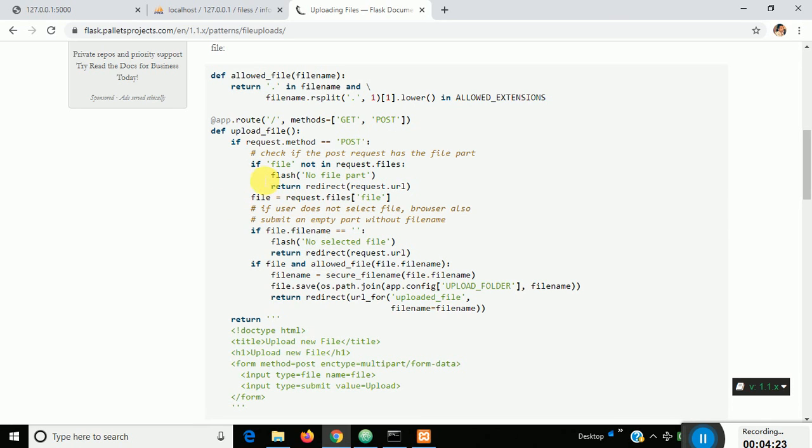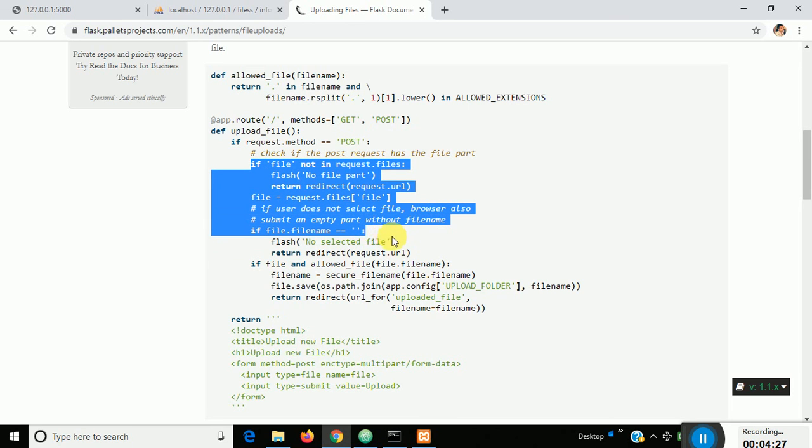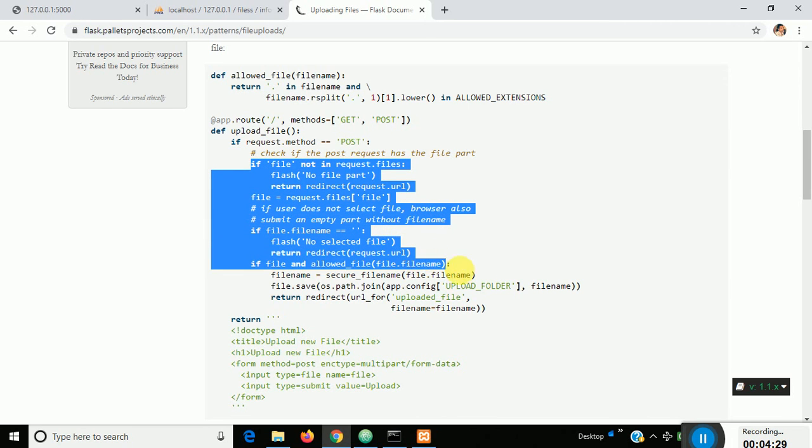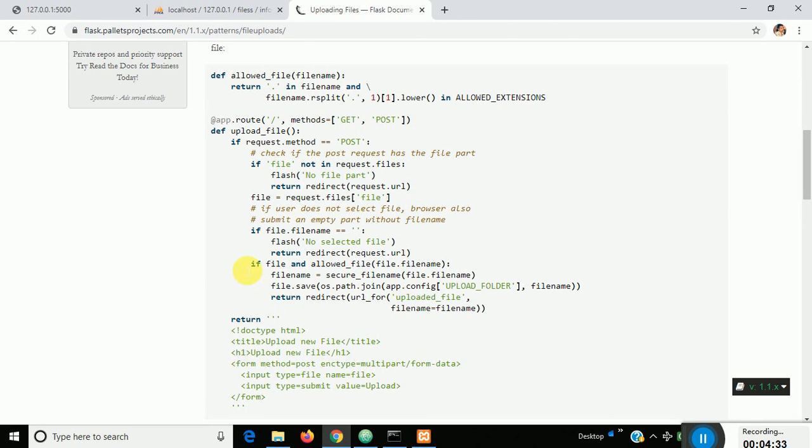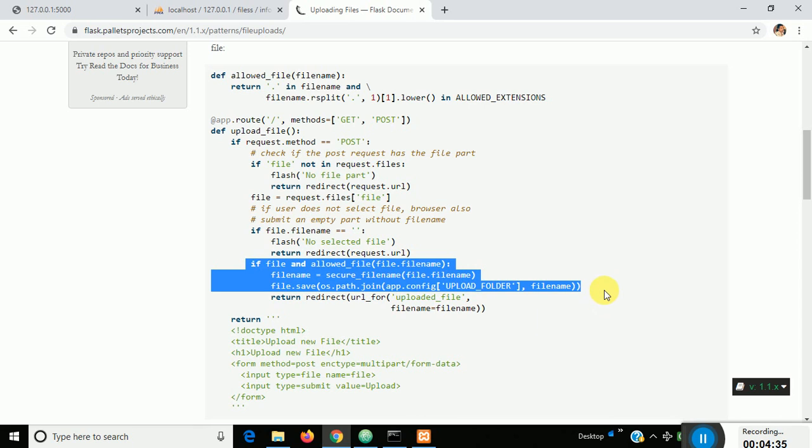Next is if file, this one. Not this much, I think only you have to select these 3 lines, it doesn't require all of this.